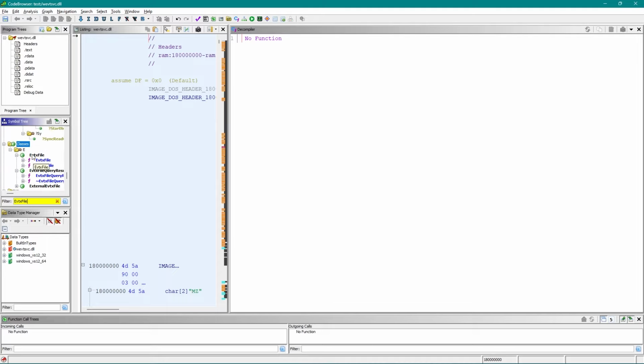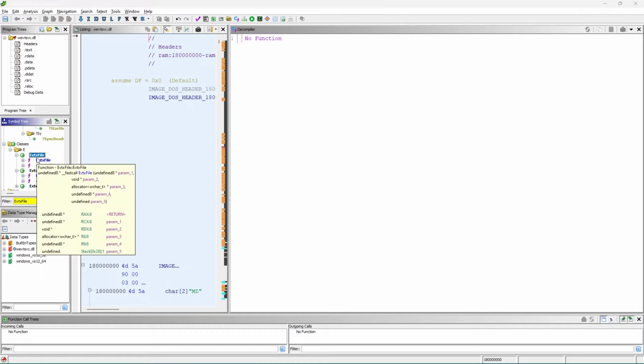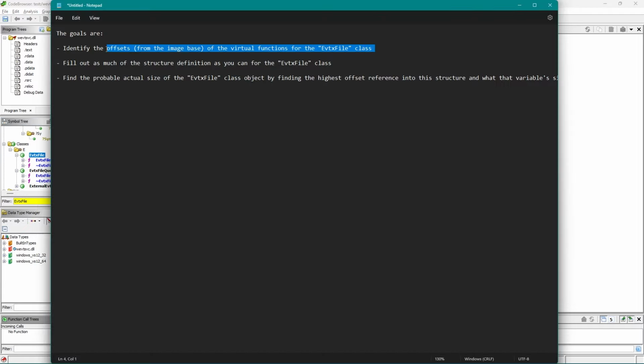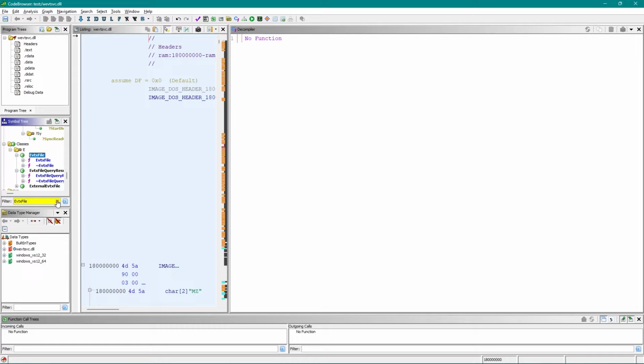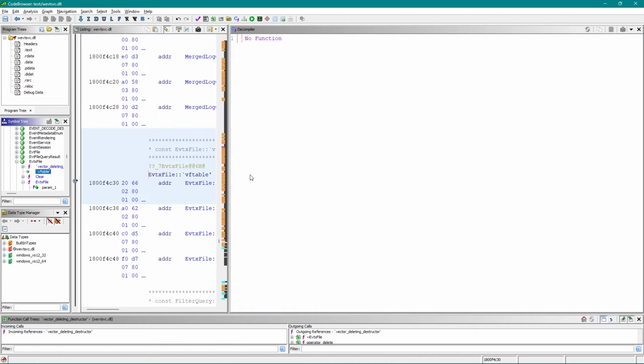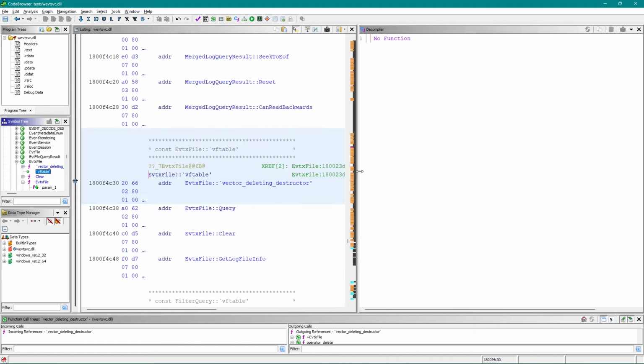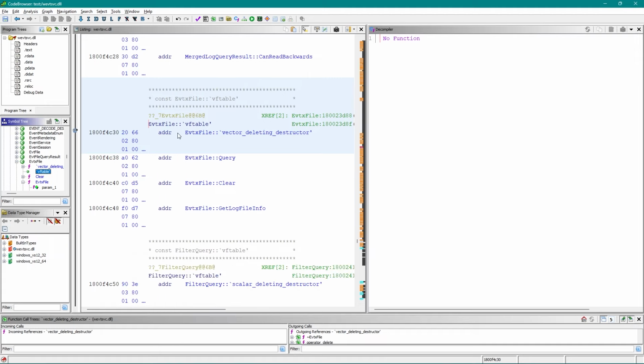And with the evtx file class, what I'm looking for in this class is, first of all, the virtual function table. That's going to help me identify the offsets. So if I clear the filter and just look for the VF table, which is right here, it'll take me in the listing view to the VF table where it shows the virtual functions. And here there's 4 virtual functions that live at